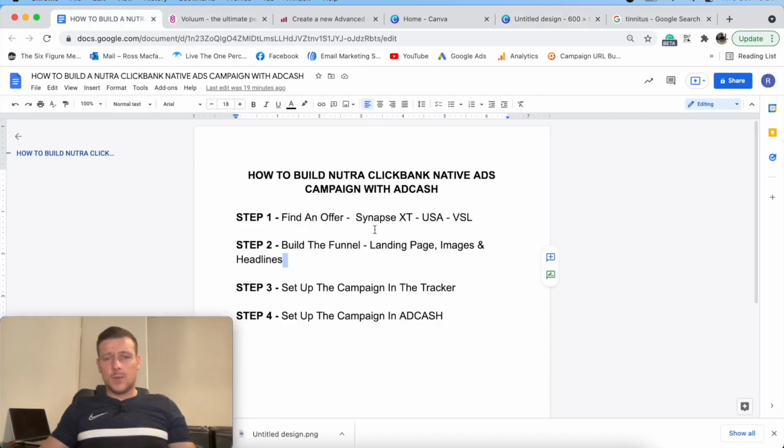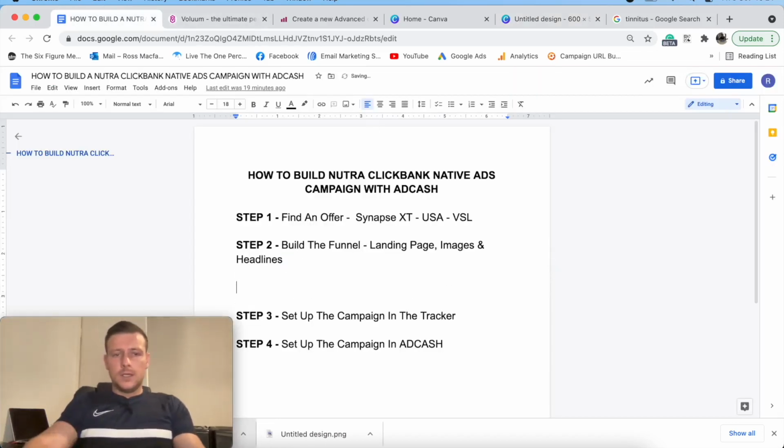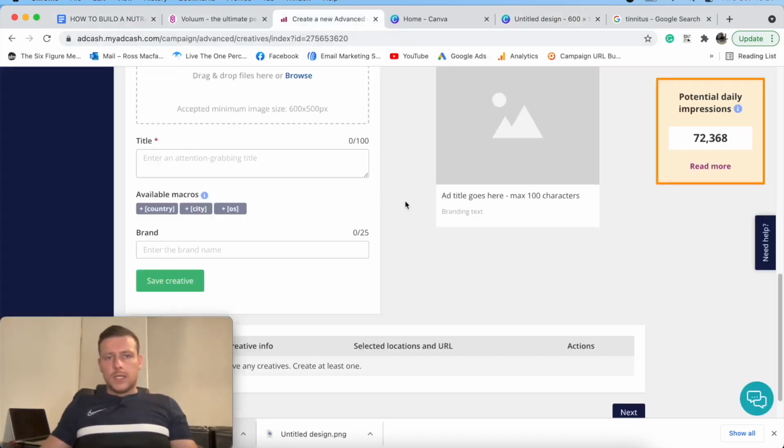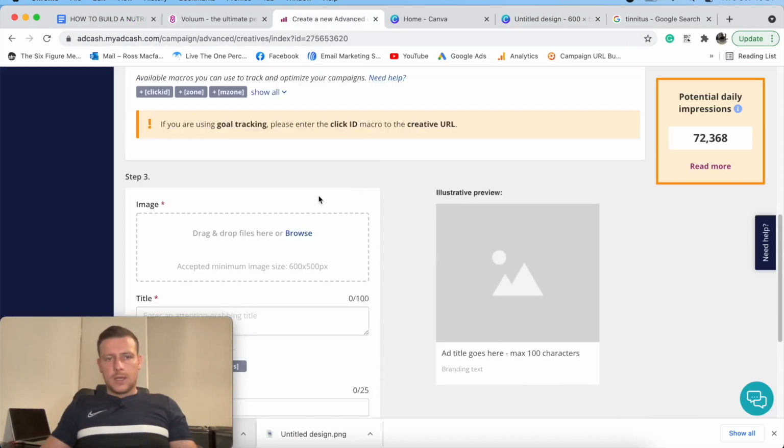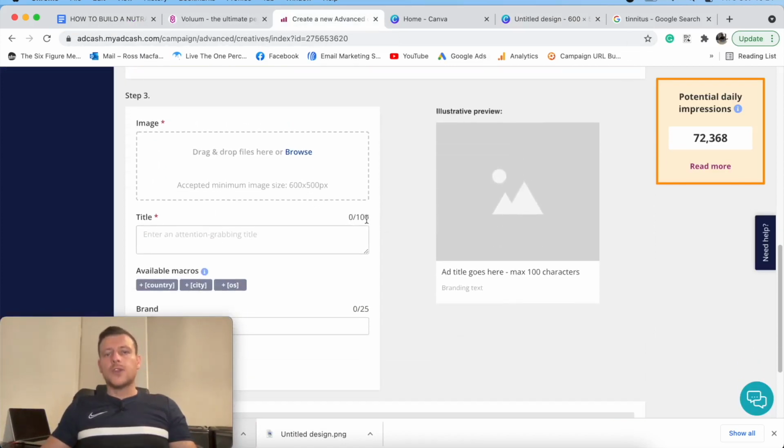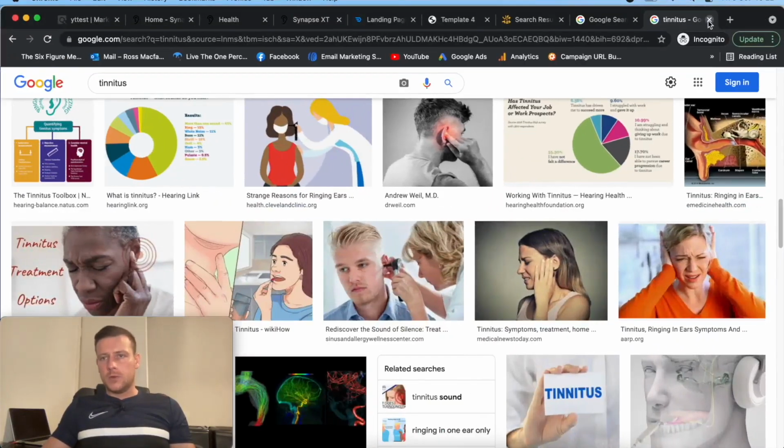The next thing I need to come up with is a headline. So I'm going to jump back in here and see how many headline characters I've got. So title, it's giving me 100. Okay, and I'm not going to use 100 because I want it to be compelling, really quick and concise. People want instant gratification, and probably don't want to read 100 characters. But what I'm going to do is jump back into the offer page and have a look at